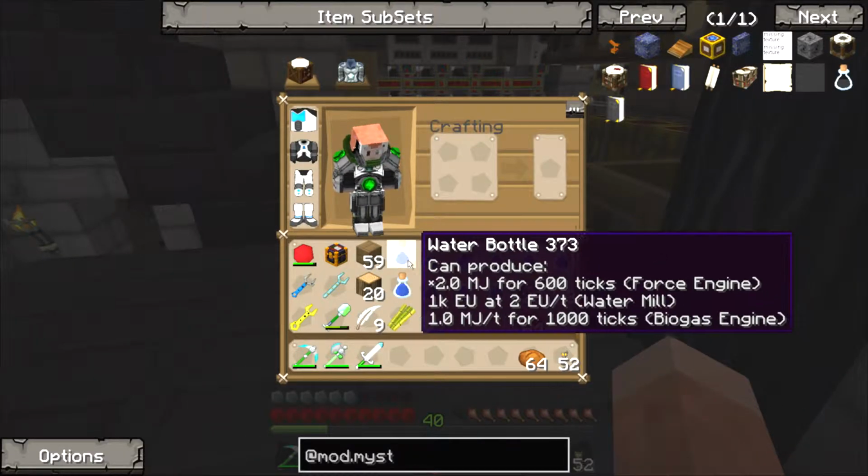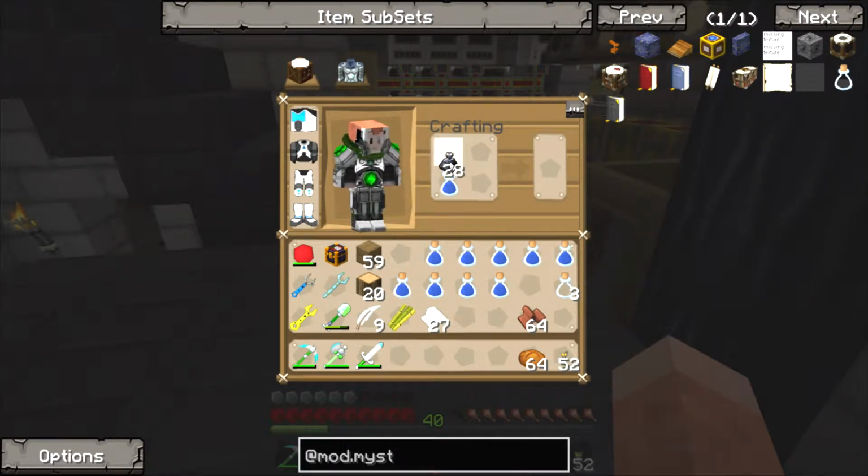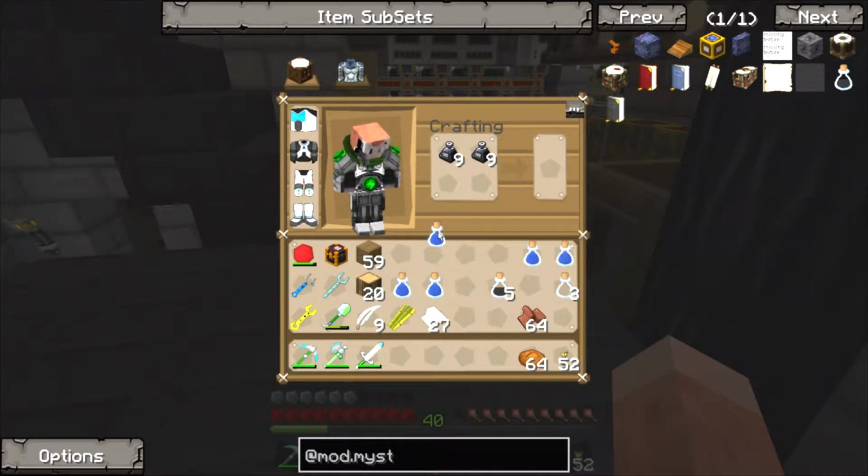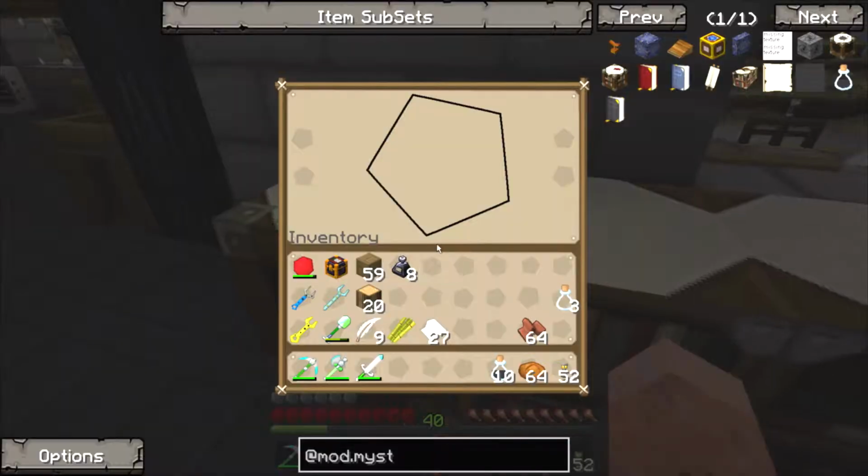So I need to make ink, which is nice and easy. It's just a glass bottle with these up here. Just cycle through that, get a load. Can I stack these? Yeah, they do stack. Good. Stack all those up. So we've got some ink. Da-da. Right, so if I take that 10 bottles or 10 vials of ink, stick that in there, immediately one